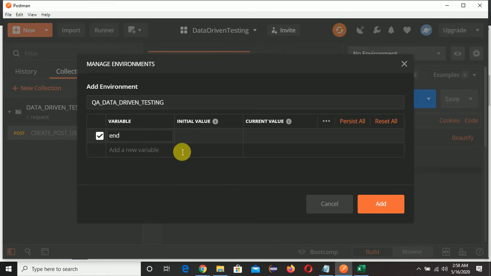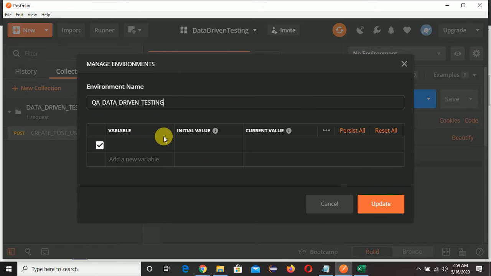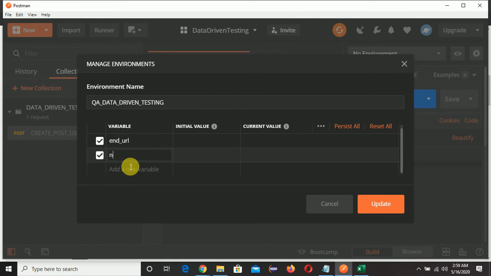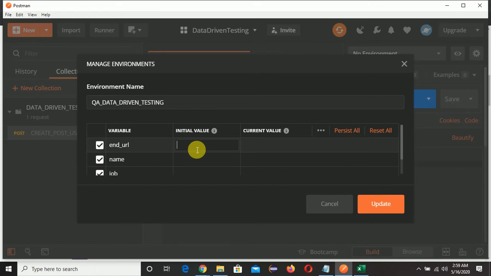Before giving the variable, I want to explain a few things. Here you can see we need to create three variables: end URL, and one for name and one for job. So just go there again and give the variable name as end URL, give name, give job, and our end URL will be API/users.